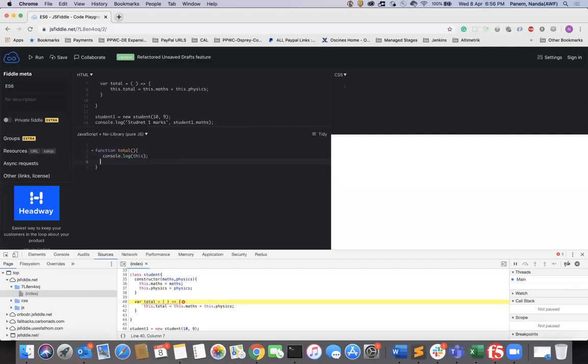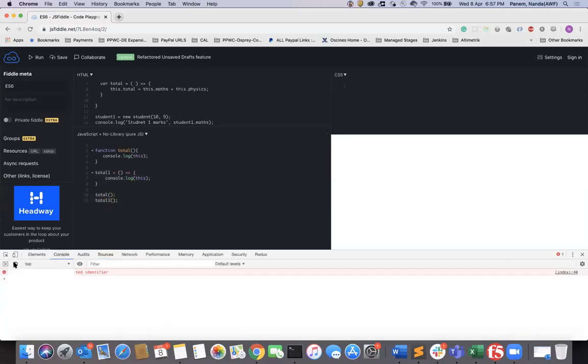Then function total1 equal to an empty function of console.log of this. Okay, now what I'm going to do is call total and total1. So what is the syntax for an arrow function?